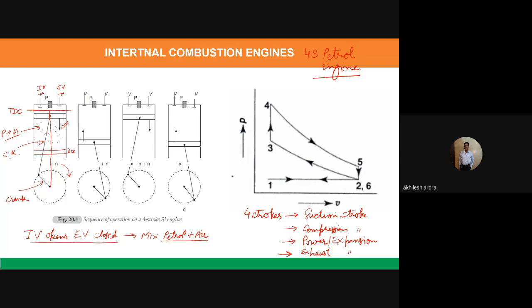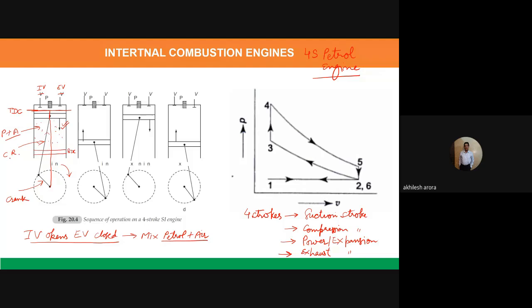And outside there is a carburetor. You might have heard the name of the carburetor, which is normally used in small vehicles like scooters or bikes, motorcycles. But in case of cars, we now have a different system of injecting the petrol, known as the fuel injection system. So nowadays we are not using the carburetor, but for the timing, just focus on the fact that a mixture of petrol and air is sucked into the cylinder during the suction stroke.